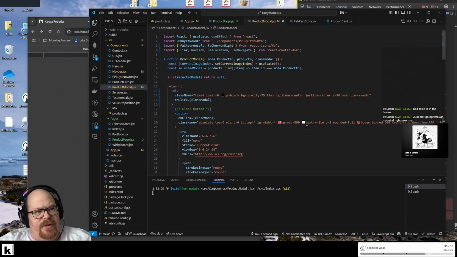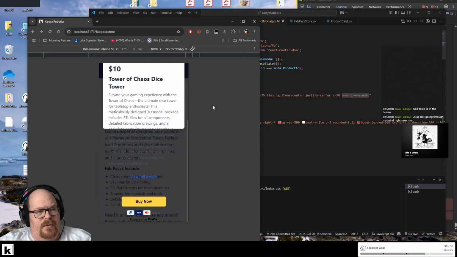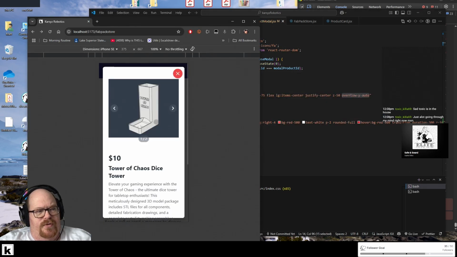And then on top of this, fixed inset 0. Over top, overflow. There we go. So overflow Y auto boosts all that up,